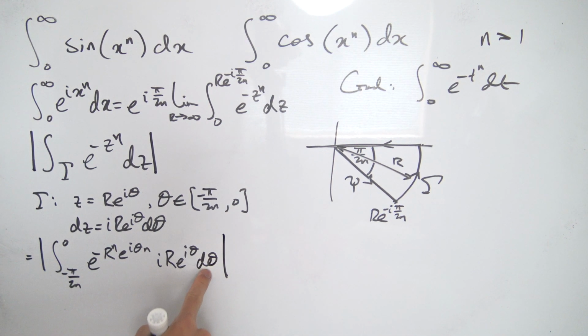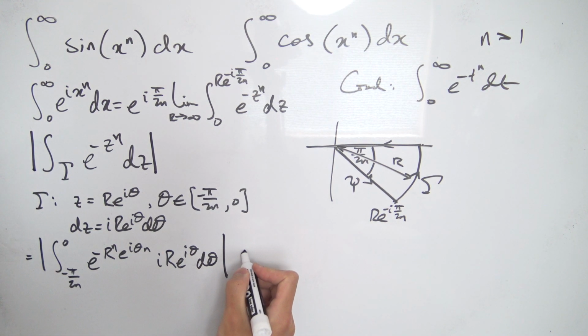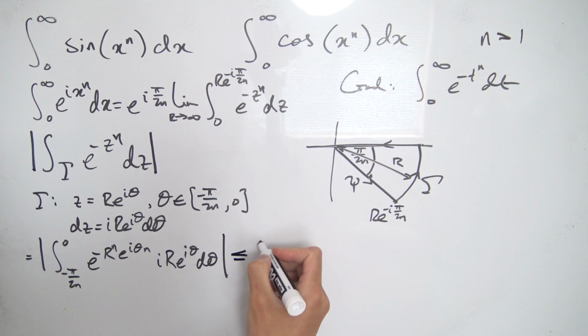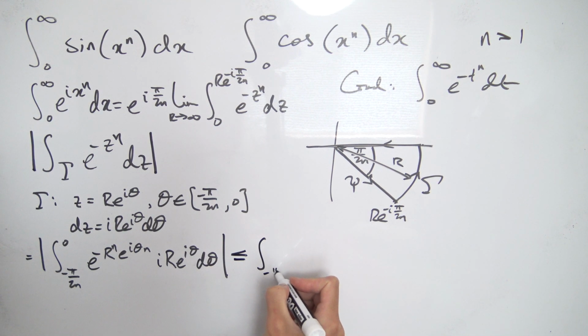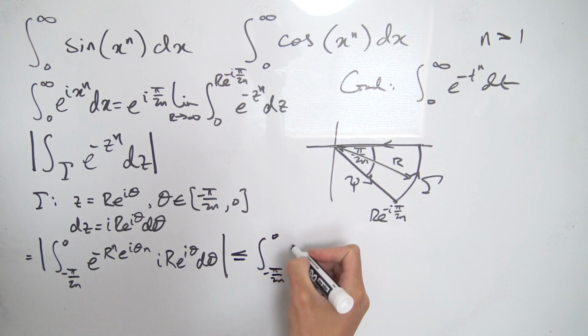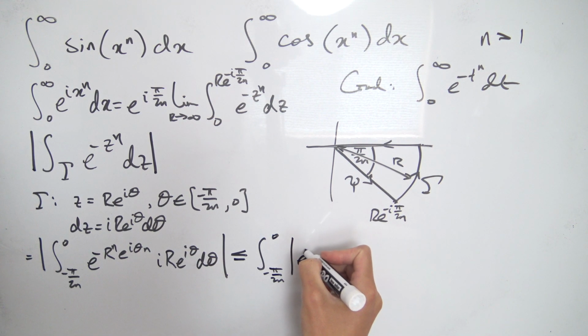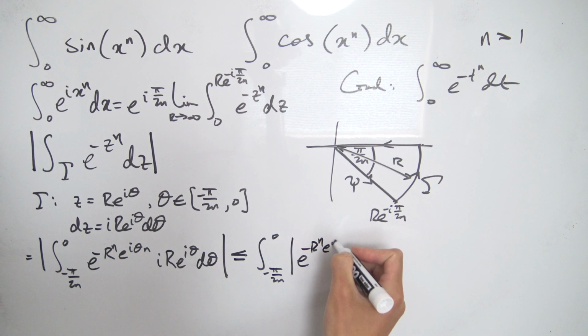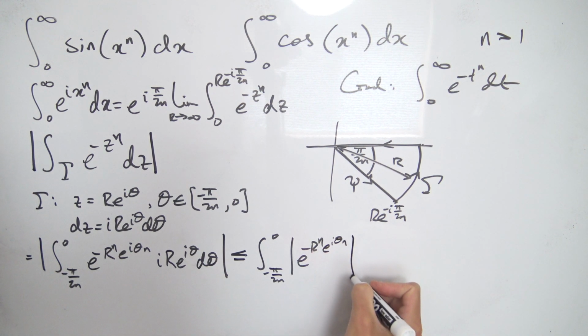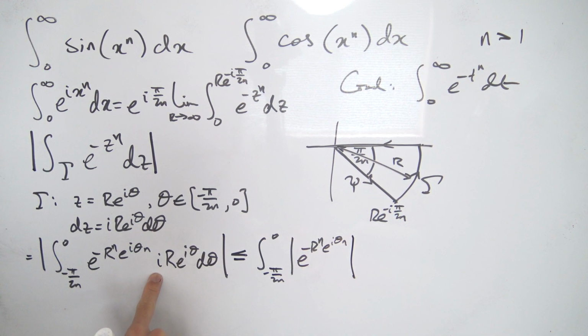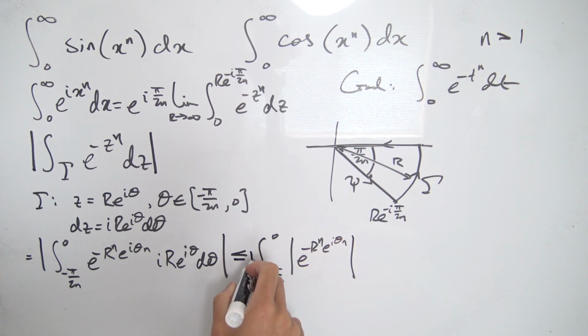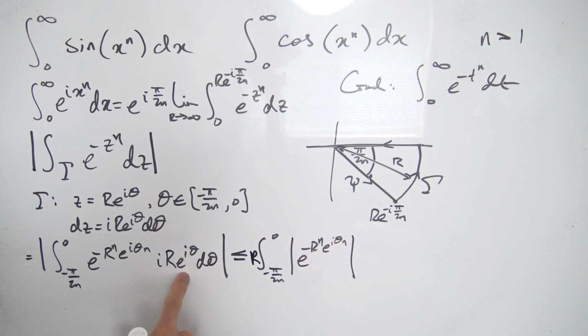And notice we're dealing with a real variable over here, which means we can use the integral inequality to exchange the integral and the absolute value, to say that this is less than or equal to the integral from minus pi over 2n all the way up to 0 of the absolute value of e to the minus r to the n e to the i theta n, and then the absolute value of i is just 1. The absolute value of r is r, a really big positive number, so let's stick that out the front. And the absolute value of e to the i theta is exactly 1, so we can end it right there,